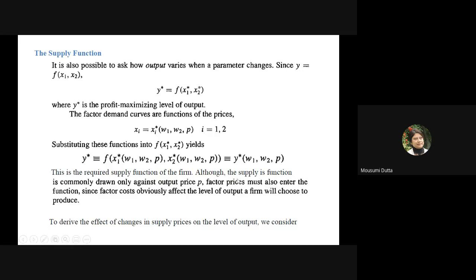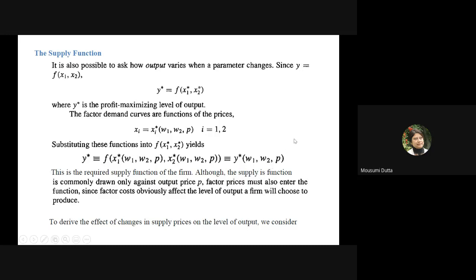Although the supply function is commonly drawn only against output price P, factor prices must also enter the function, since factor costs obviously affect the level of output a firm will choose to produce. So hence,